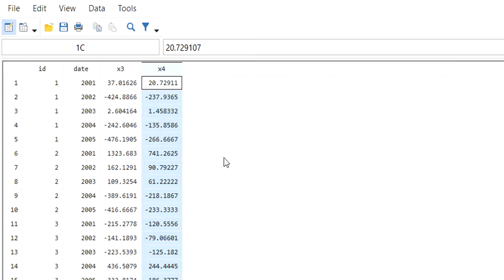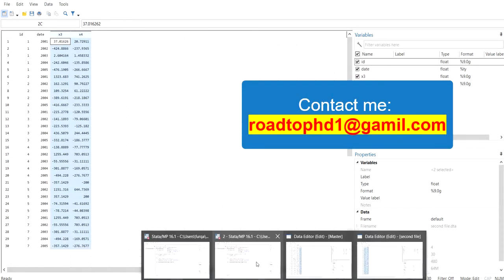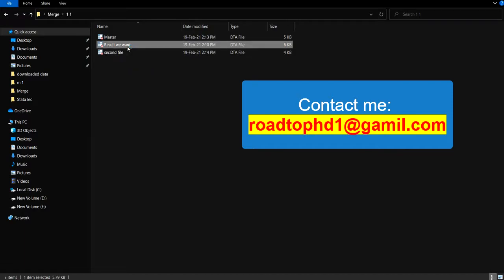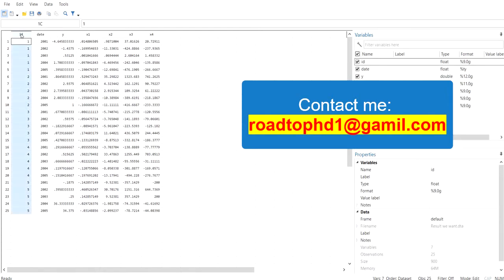What we want to do is merge these two variables x3 and x4 into our master file so that we can continue with our analysis. There is a result sample that we want, like we want our data to look like this. There should be id and date, then there should be y, x1, x2, x3 and x4. This is the result that we want.